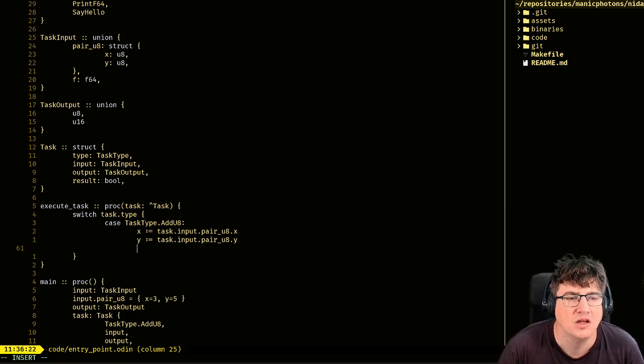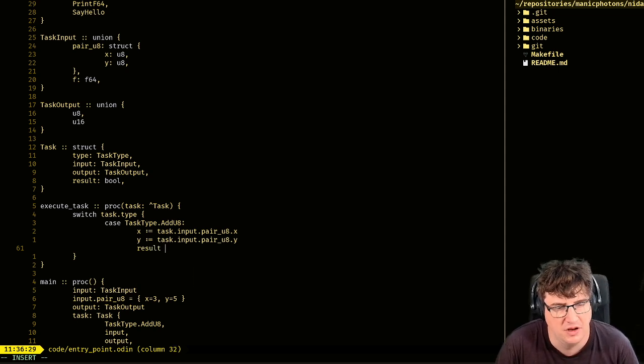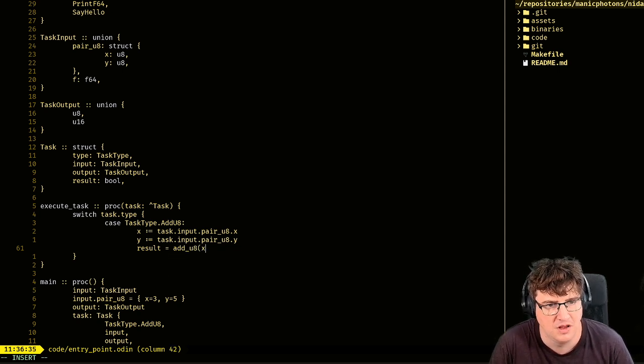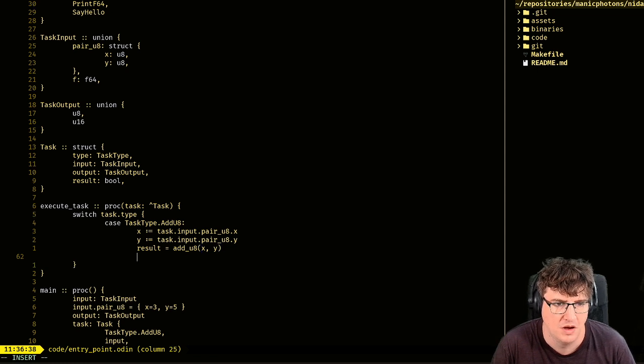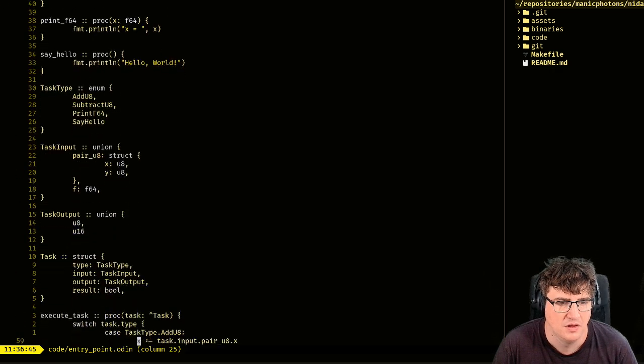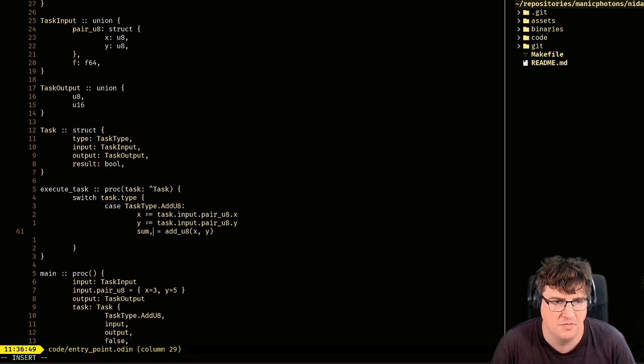And then we would get a result equals add u8 x comma y. And let me just double check. I was having it return a Boolean as well. Sum comma OK.